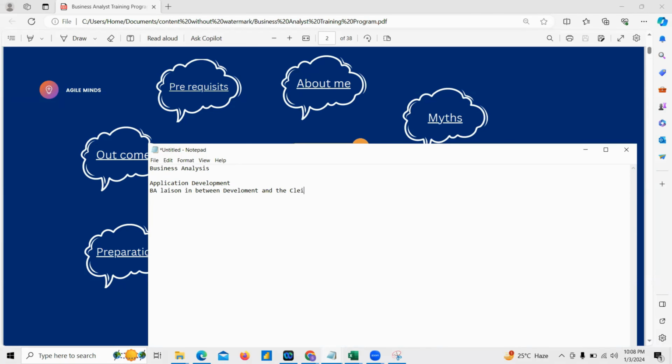BA is someone who understands the needs of the clients and decodes them, gathers information and requirements, resources, plans, and organizes the team. So basically we understand the need of the client and get it done from the resources. BA is acting as a liaison, right? So why should there be a liaison between the client and the development team? Why can't the development team directly talk to the client?